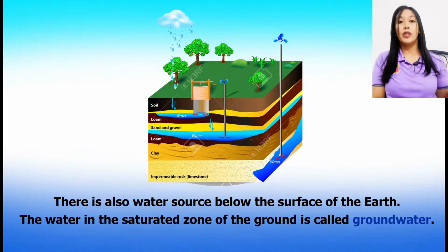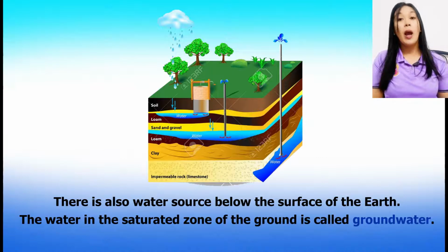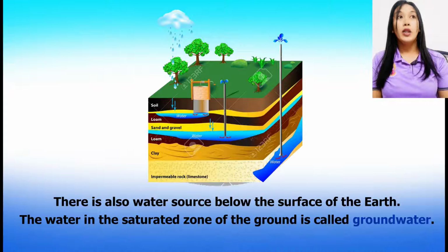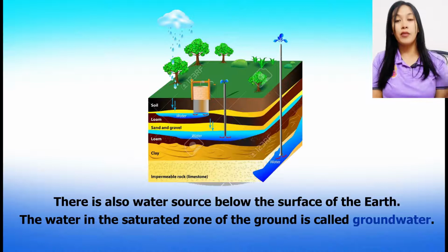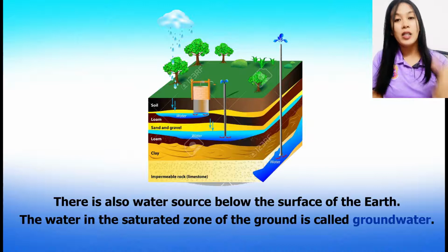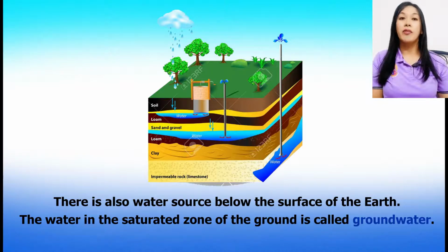Okay, so the water below the surface of the earth is called ground water. So it is water from below the surface of the earth, from underground. Now usually when you build a hand pump or you make a well, you're going to dig underground. Now that is where the water is coming from. So it is called ground water. If surface water is from the surface of the earth above the ground, groundwater is water that is from below the surface of the earth.